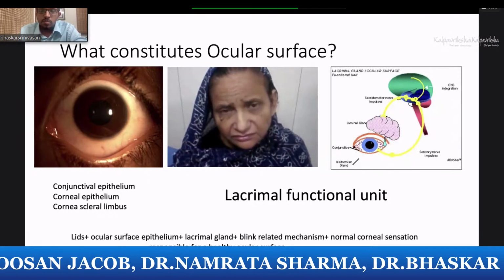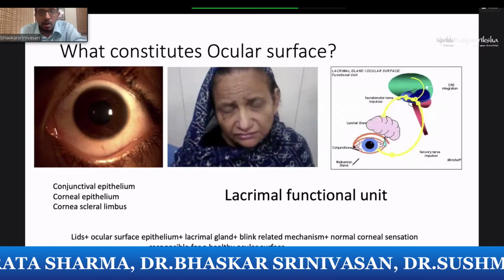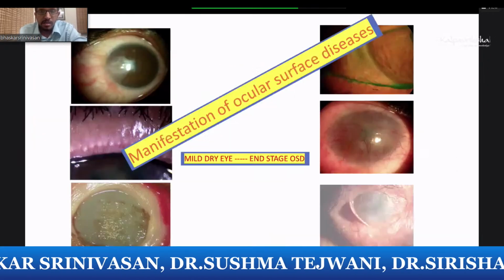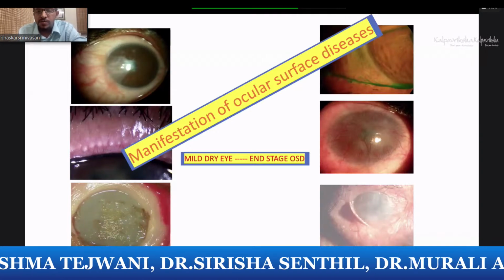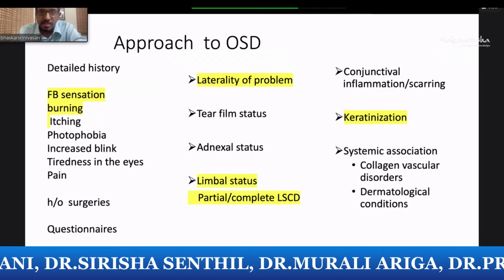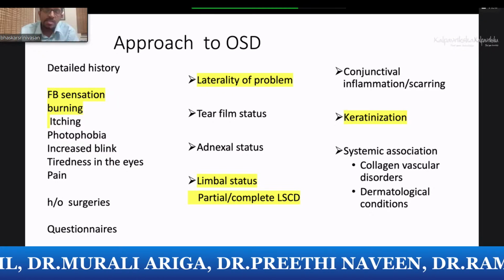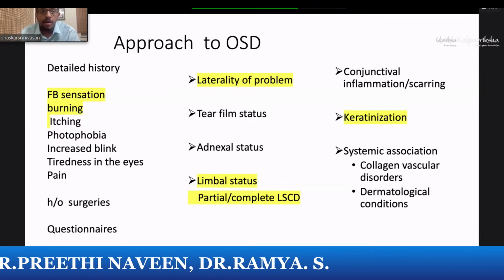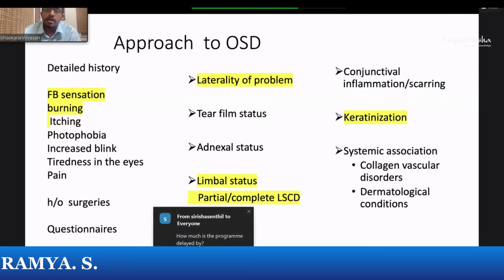So like in this patient who's blinking so much because of blepharospasm, obviously the tears are also not going to be normal, and you need to address both the blink and the tear deficiency in this case. When you look at ocular surface disease, you could have varied presentations from a mild disease to an end-stage ocular surface disease. So an approach to an OSD is a little bit challenging because each disease needs a different approach. In dry eye disease you're looking at foreign body sensation, itching, burning, whereas in say a chemical injury you're looking at a limbal dysfunction,